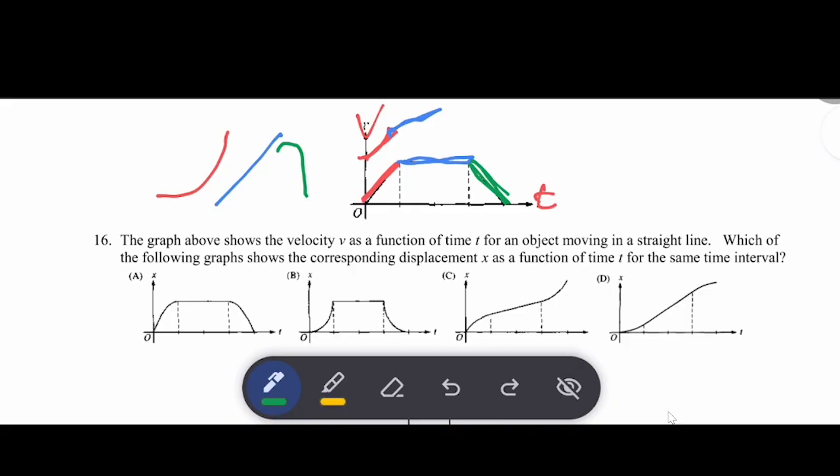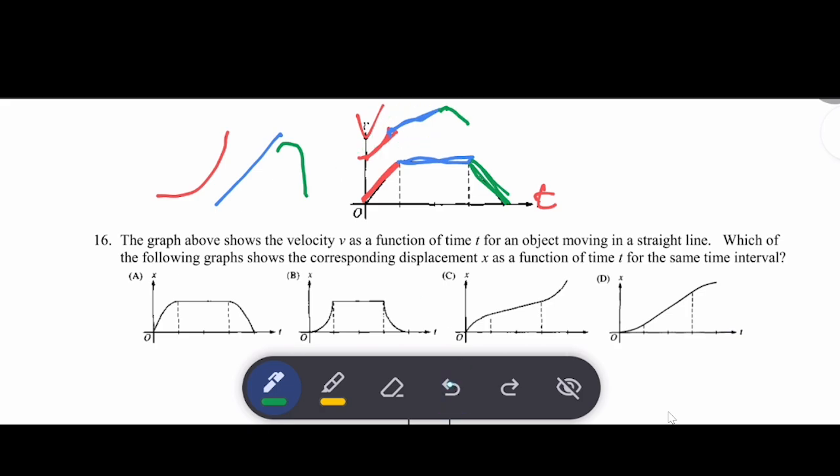Since there's not that much time curved downwards, it's going to go down a little bit. It's going to curve a little bit down, but not aggressively like a linear. Now looking at our answer choices,